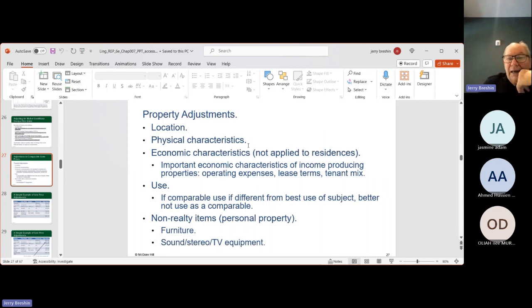Okay, economic characteristics does not apply to residences, but as I mentioned, the value of our home went down and now it's up. So even economic characteristics, inflation, recession, things like that, interest rates. The market is soft right now because mortgage rates have gone up to almost 8%. They're now coming down a bit, but people may not want to buy and have to pay a high interest rate, so they might wait.